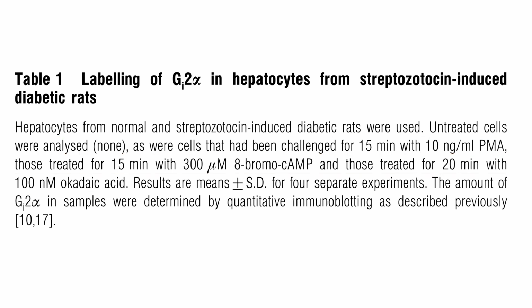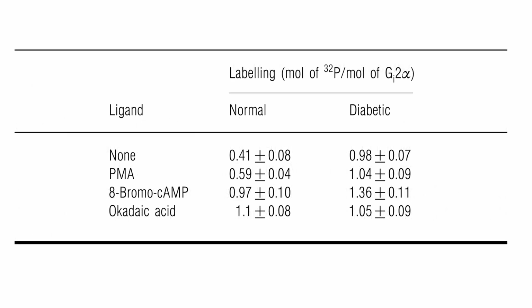And one of the most important things to include is what the results are. In this case, it's mean plus or minus standard deviation of 4 separate experiments. A lot of people miss out that information, and it's critical. Now when I look at the table, I can understand what is going on here. I know that this 0.41 is a mean. I know that this 0.08 is a standard deviation, and I know that these experiments were each carried out 4 times. So I have that information available just from the table legend.